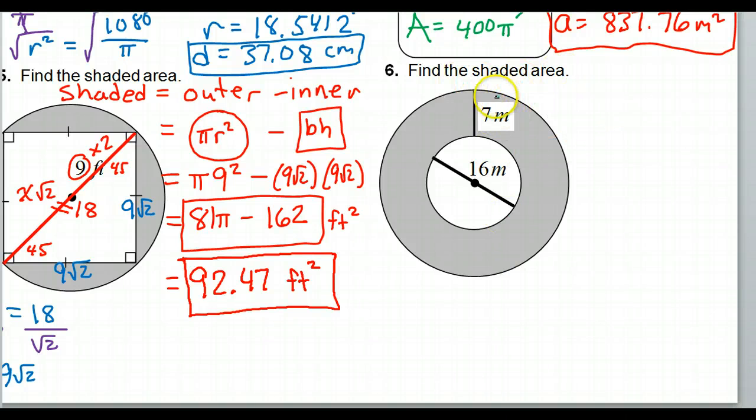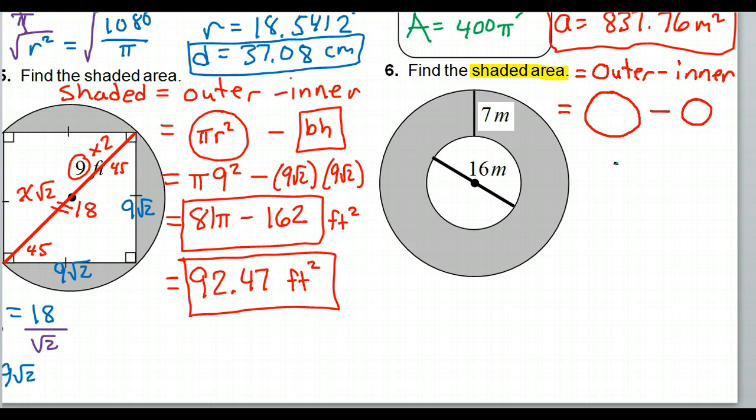Finally, number 6. Again, this is the space between two shapes. Number 6 is a little bit simpler since they are both circles, but I'm still going to be careful. So if I want that shaded area, like we mentioned before, it should equal the outer shape minus the inner shape. Alright? So in this case, they're both circles. So we're going to find the area of the big circle, and we're going to subtract the area of the